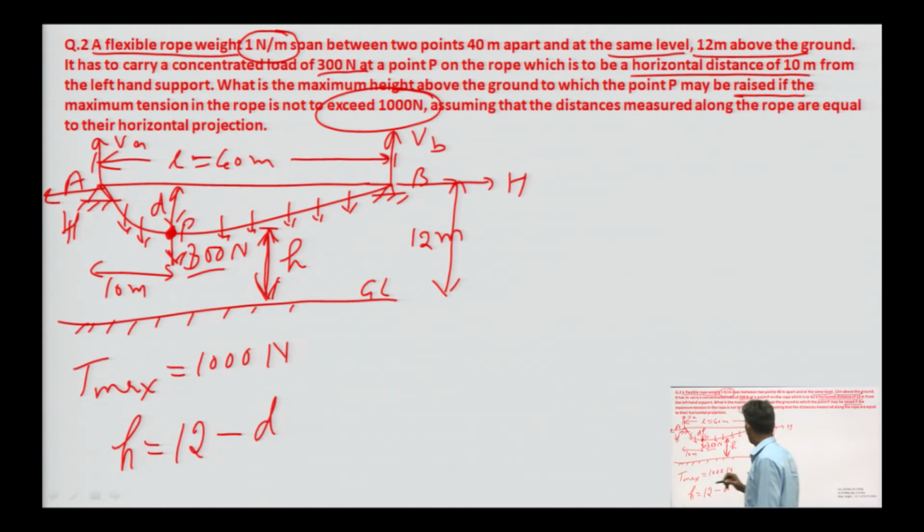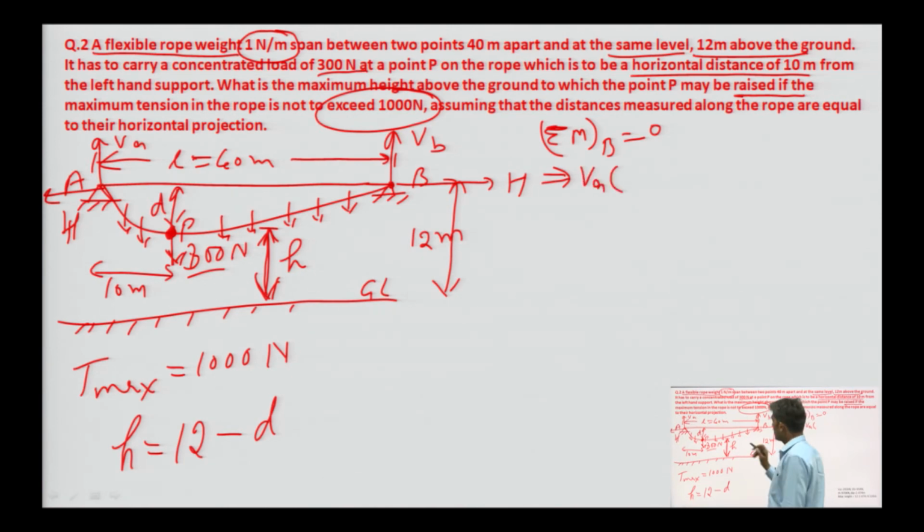Okay. So, apply the equilibrium equation at point B. Applying bending moment, sigma M about point B equal to 0. With this equilibrium equation, we can find the value of VA. So, what will be the value? VA multiplied by the entire length is 40, minus the point load 300 and the perpendicular distance is 10,